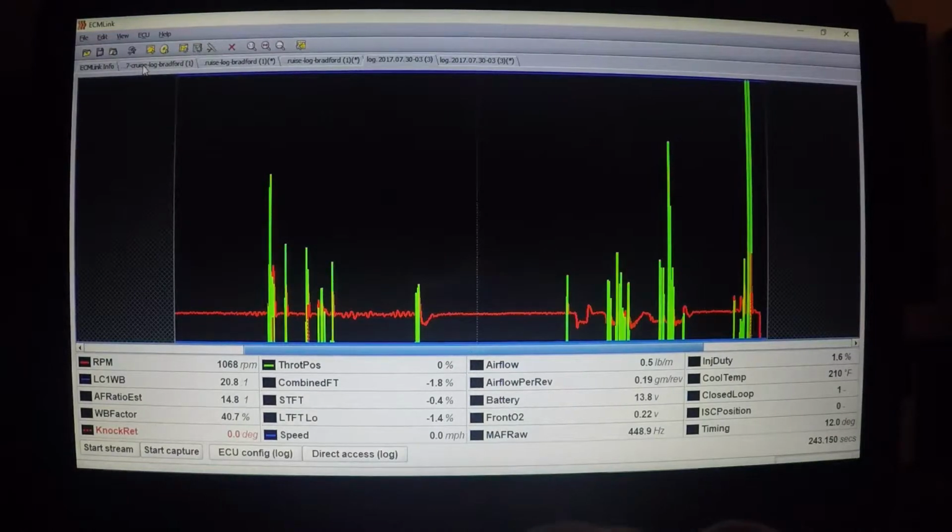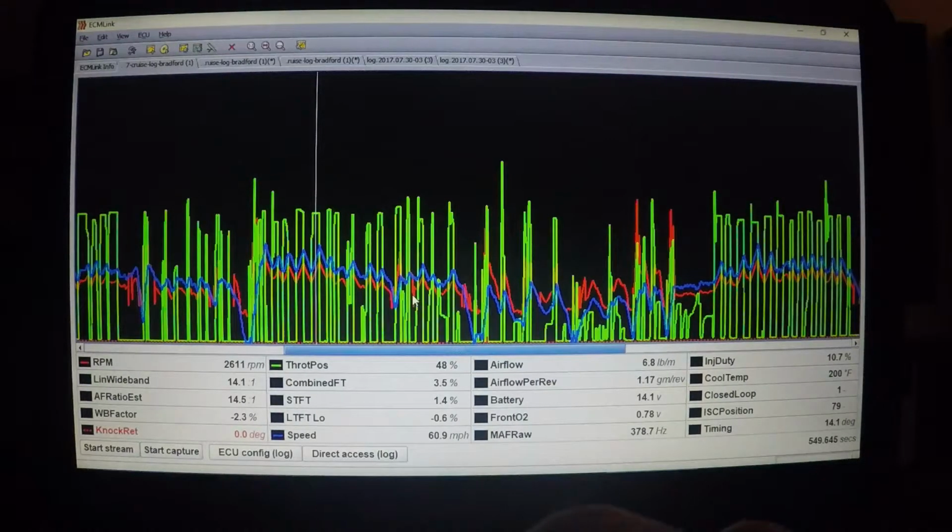The reason why is because you're trying to get as much feedback to the ECU as possible. So as long as we stay in closed loop, we have a one over here. If you've paid attention in my other videos, if we have a one there next to closed loop, the ECU is paying attention to the O2 sensor, which is what we want. As soon as we go into open loop, it's getting ignored, and you're not getting any feedback to the ECU. So basically, first thing before we go do this one right here,